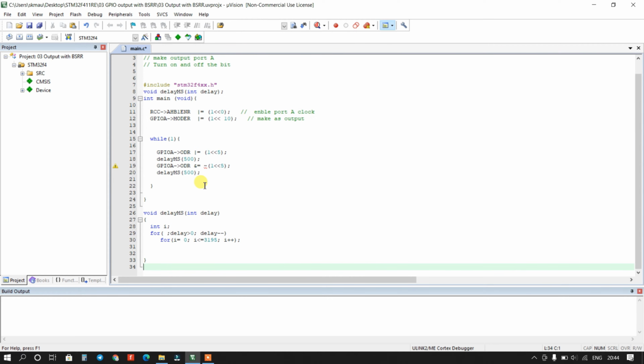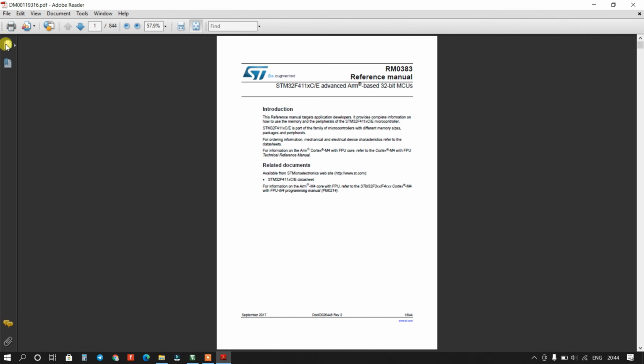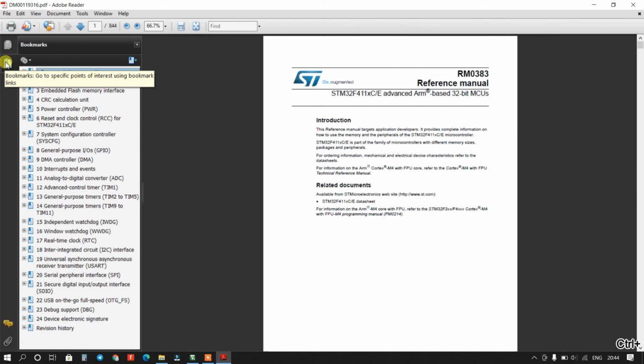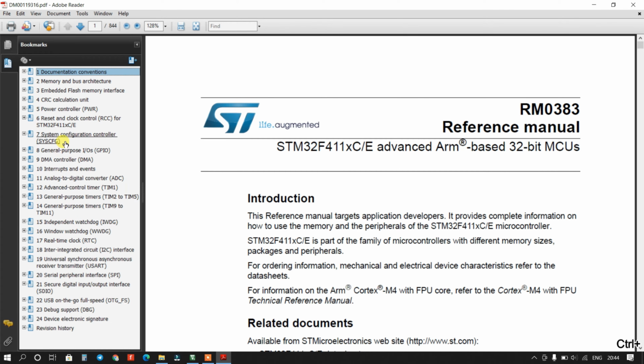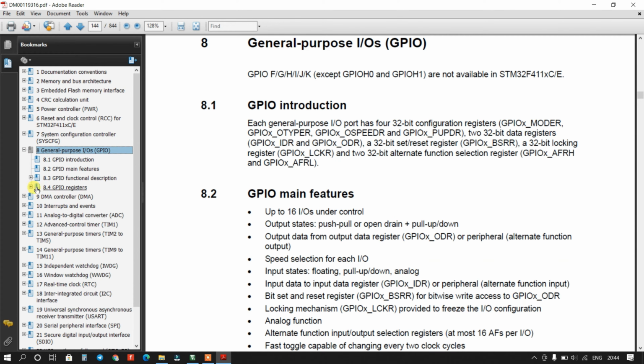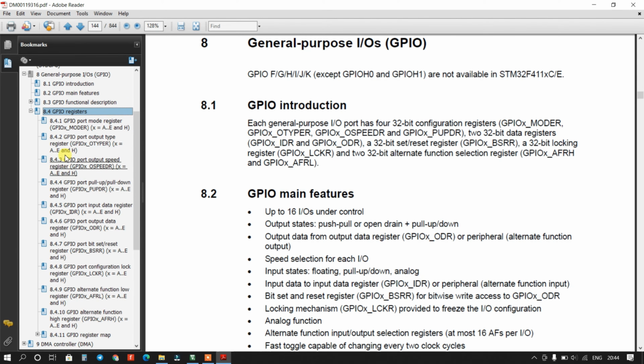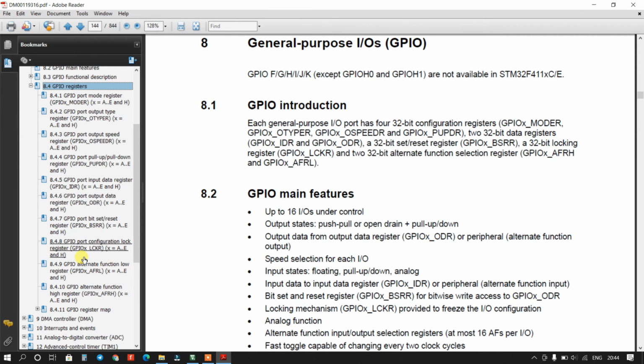So I will open the reference manual. This is the reference manual. Go to GPIO and GPIO registers and here go to BSRR register.